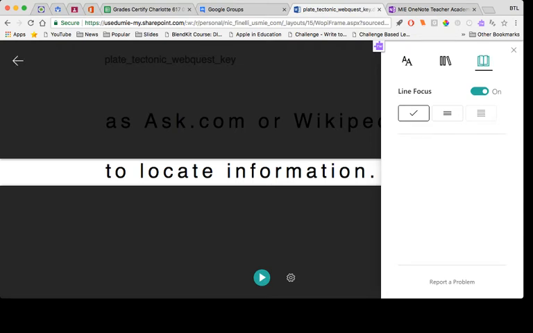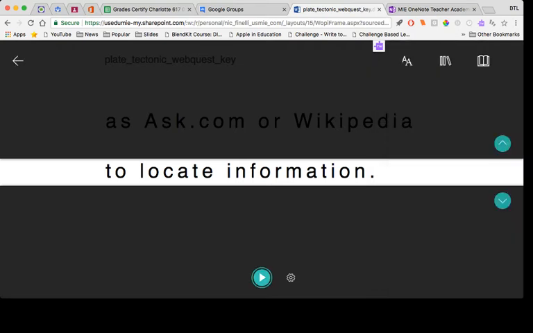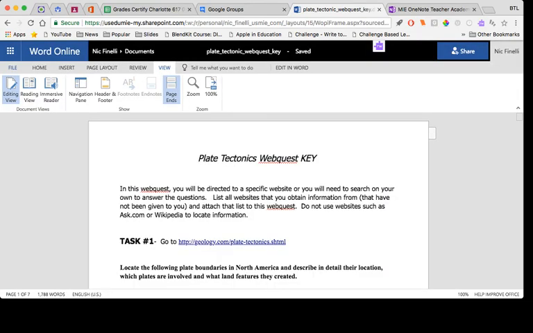So how do I get to that and how that works? So if I go back to my original document and I'm looking at the document, you can see up here I have my file, home, these are called ribbons. I go to the view ribbon, and when I go to the view ribbon, I have editing view, reading view, and then the Immersive Reader. And so when you click on that,